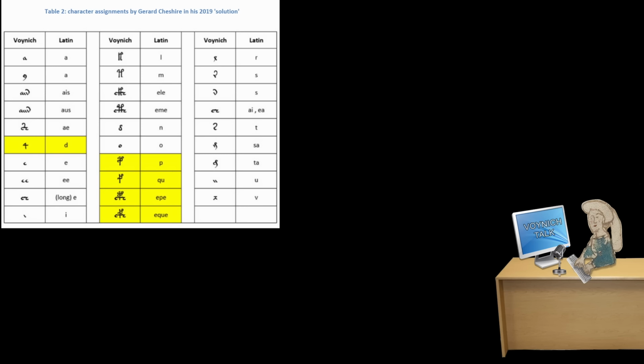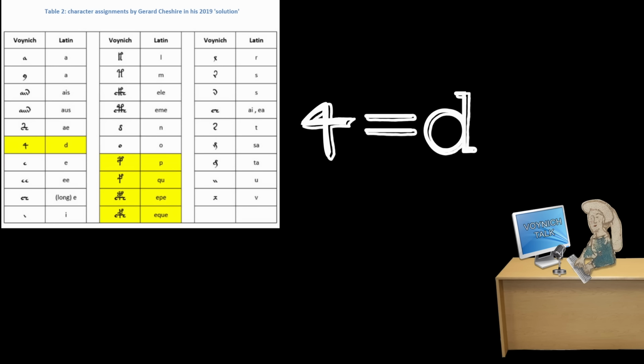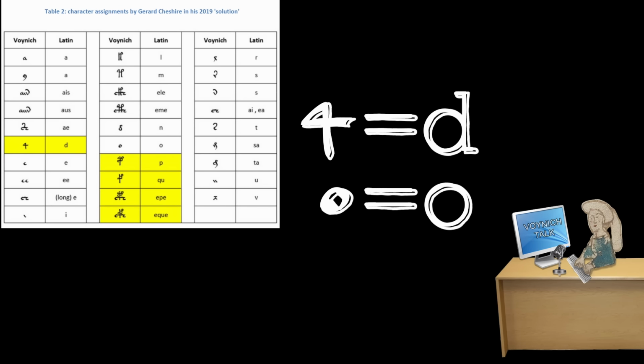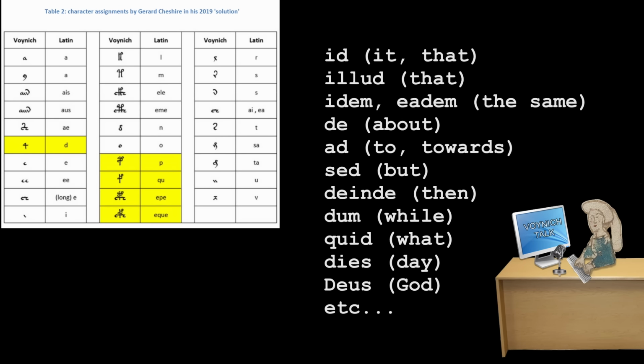Cheshire assigns this character to D. Big mistake. Now D can only be used in the beginning of words, and it can only be followed by this character, which he conveniently reads as O. So in Latin, these common words can no longer be formed in Voynich because the D character must be word